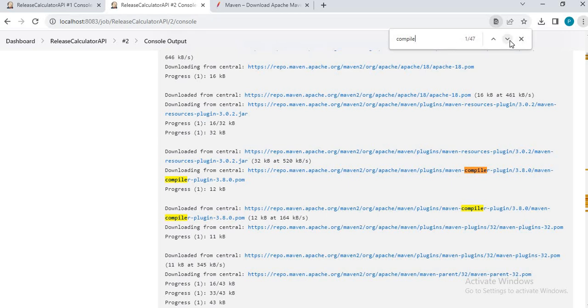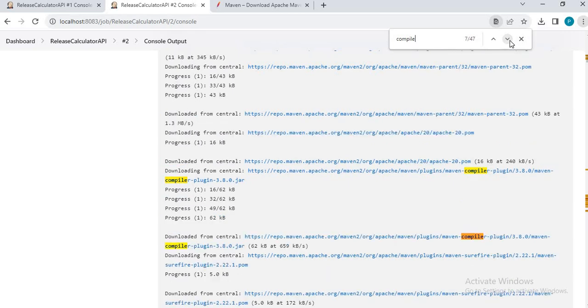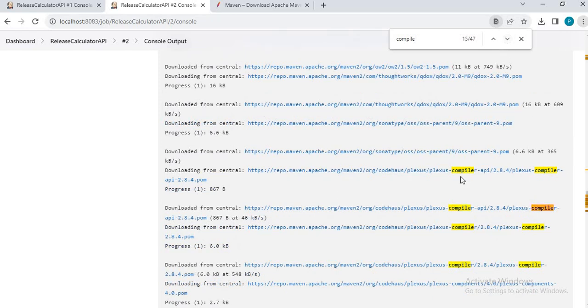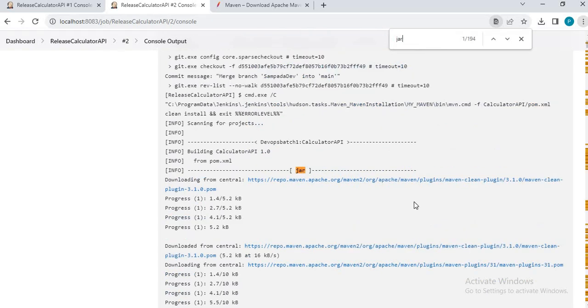Yes, so it is downloading the compiler plugin. Then let's see that package jar. Yeah, jar. It has started downloading the jar plugin, and it has created the jar.